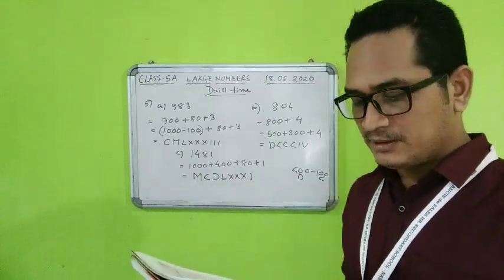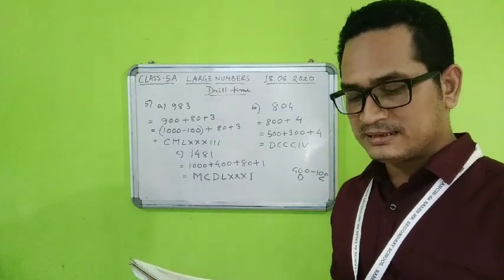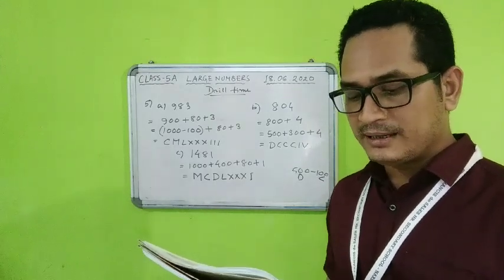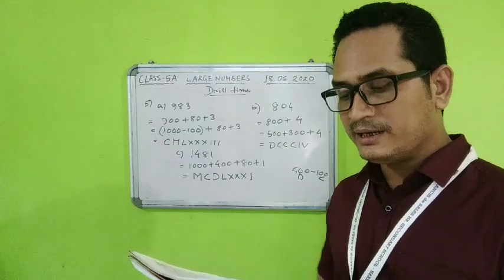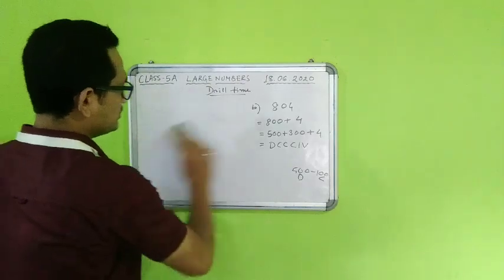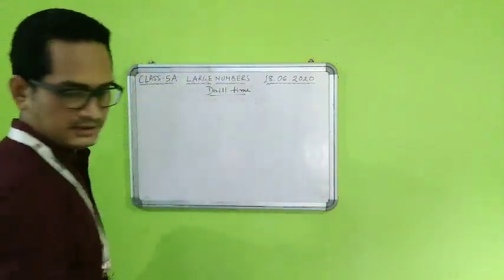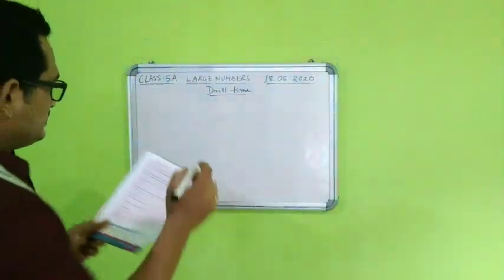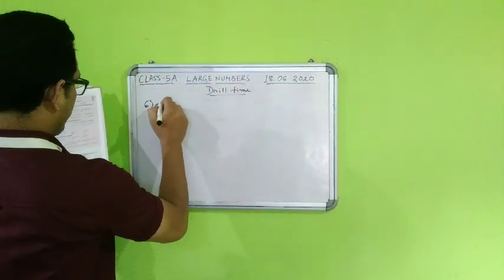Fine. Now let us go for number 6. Now the opposite one we have to do. Write the following in the Hindu Arabic numeral. We need to convert them into the Hindu Arabic system. So let us do that one. Say number 6, that is A,